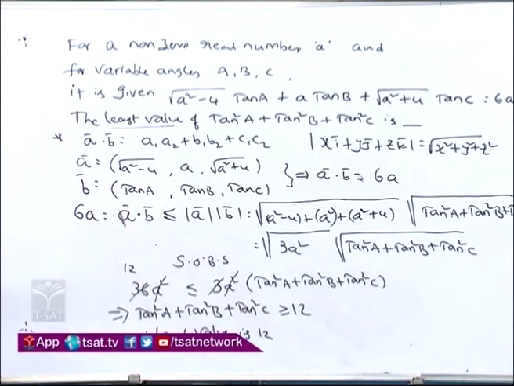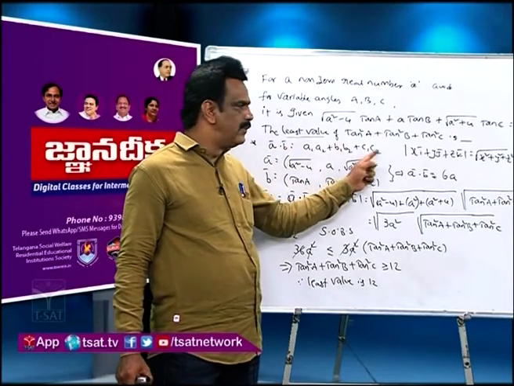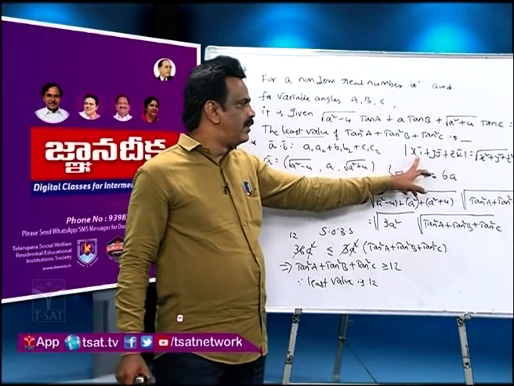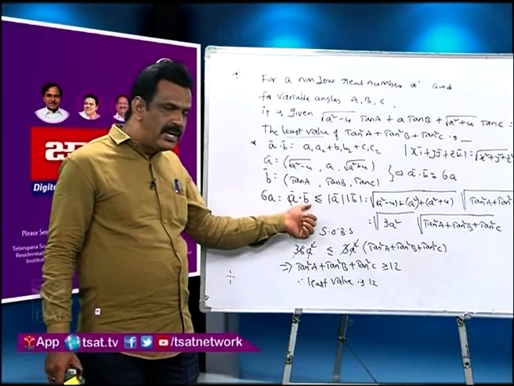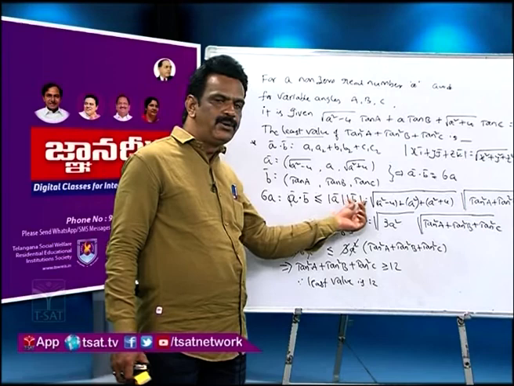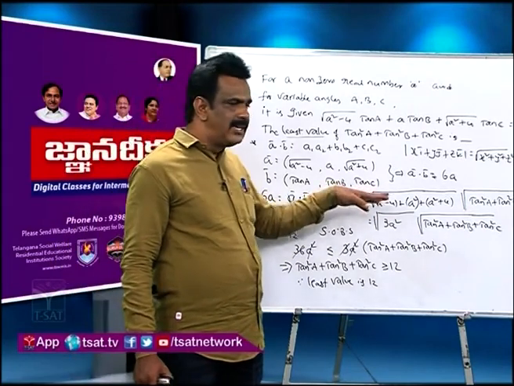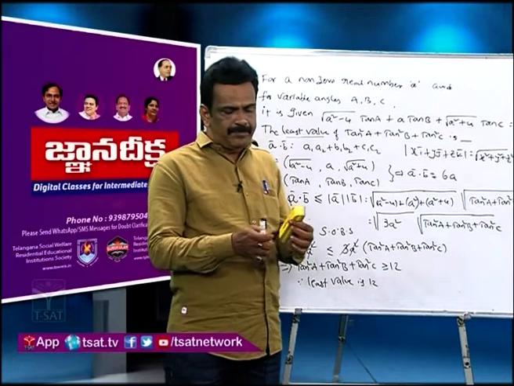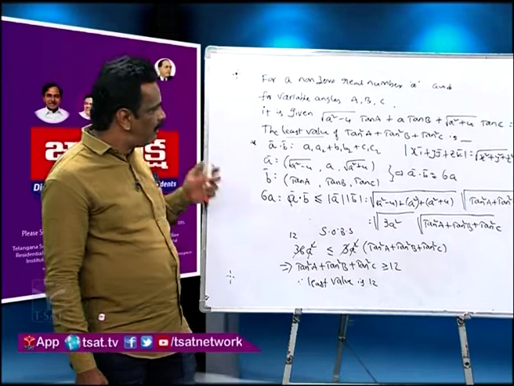So in this problem we came across a bar dot b bar, it is a1 a2 plus b1 b2 plus c1 c2, and not only that, we have come across mod of a bar, at the same time maximum value of a dot b, or we can say minimum value of mod a bar into mod b bar. And here one more concept also, that cos of angle between two vectors cannot be more than 1.